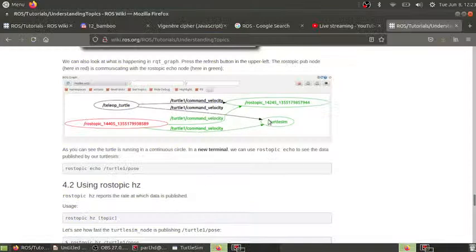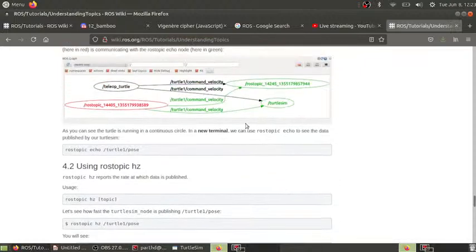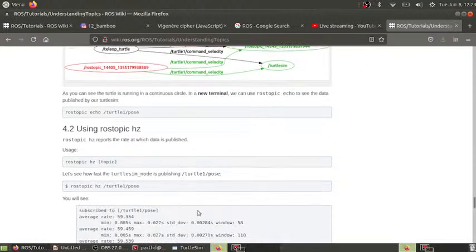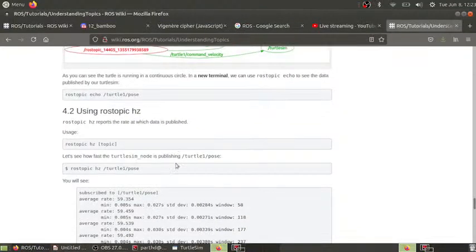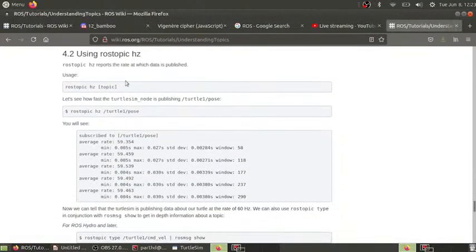This message is different because we have closed this topic. We have closed this one. Using ROS topic hz. So hz is the unit of frequency, as you know, hertz. Let's